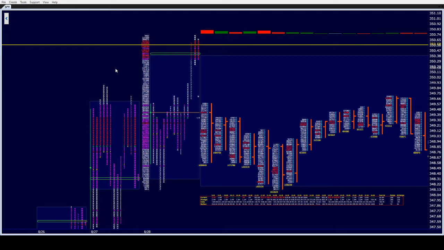Now, as far as my trades, I didn't do a lot today. I traded in and out of those 350 puts a couple of times today. Like I said, I added on in the morning, took some off, added back on here, took some off, and then I added back on to go home long 10 of them.